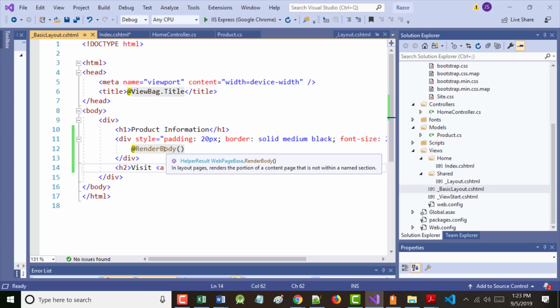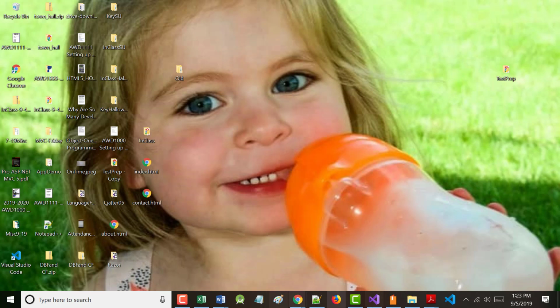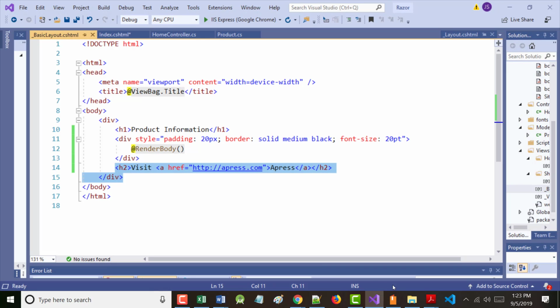So what's different? Well, now it should be in a box, basically. It should have 20 pixels of padding. It should have a bigger font size. And after it, it should have a hyperlink. Does that make sense? Yes? All right. And again, like I said, I've decided maybe yesterday was a cluster, but most of the stuff we do in here, I'm doing fairly slowly because I want you to get it. Because again, when the author starts going through the project, he doesn't explain that much. All right?